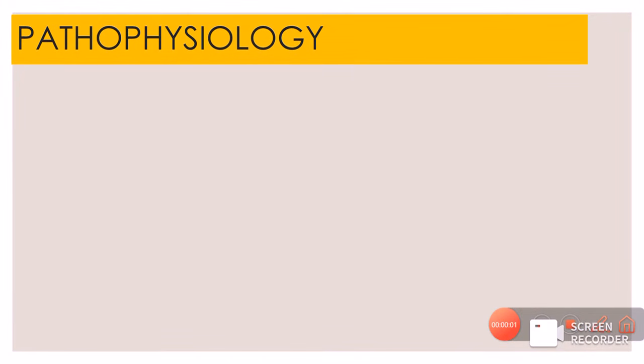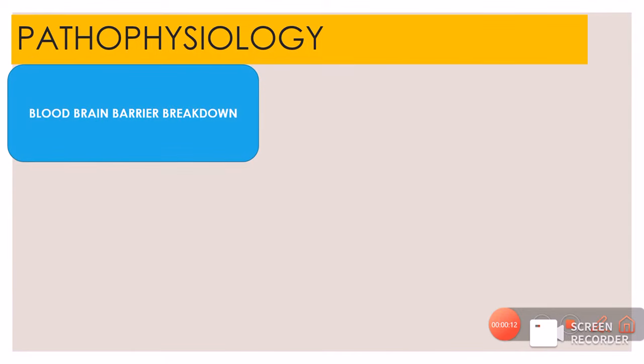Now let us understand in more detail why this demyelination of the optic nerve occurs. The first thing is the blood-brain barrier breakdown. As we all know, the blood-brain barrier prevents the entrance of T cells into the nervous system. It is normally not permeable to these cells, unless it is triggered by some infection or a virus. Whenever there is an infection or a virus, the integrity of the tight junctions of the blood-brain barrier decreases,